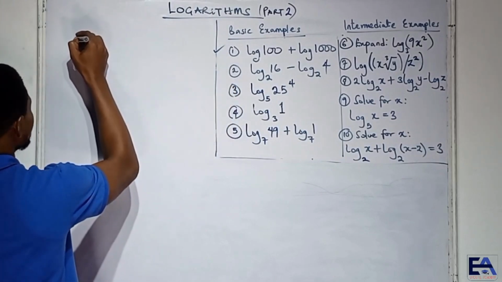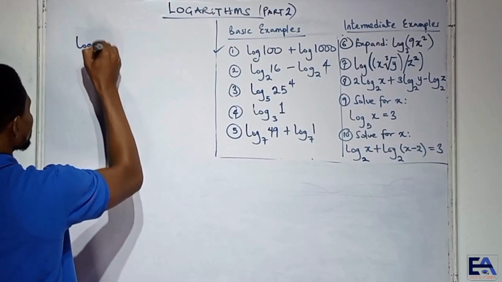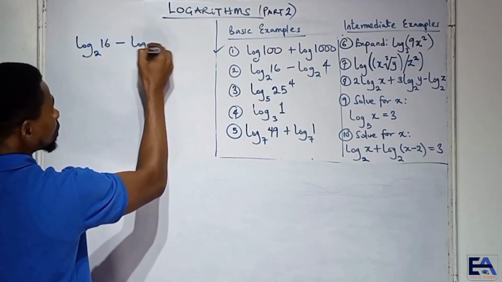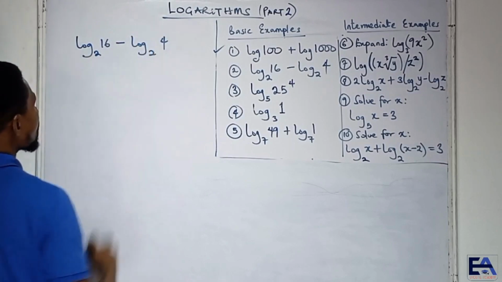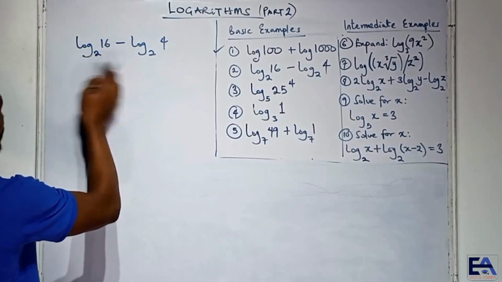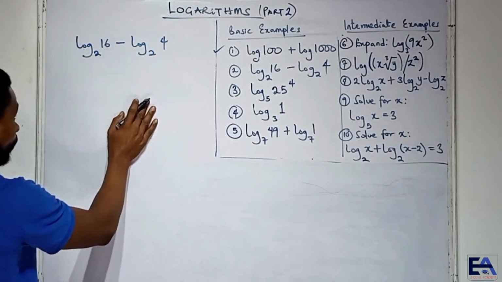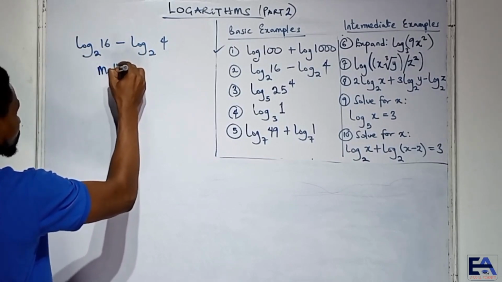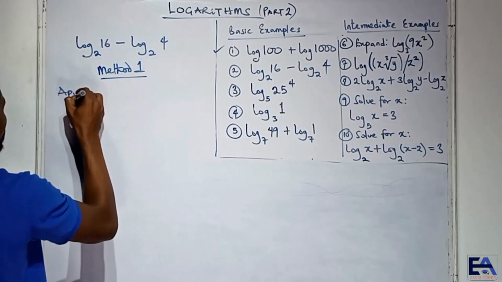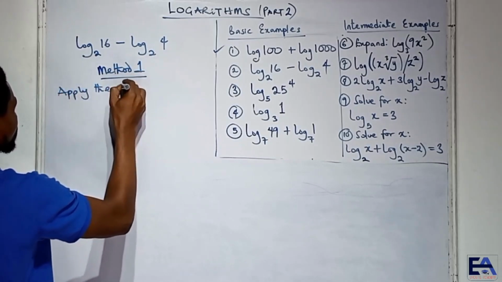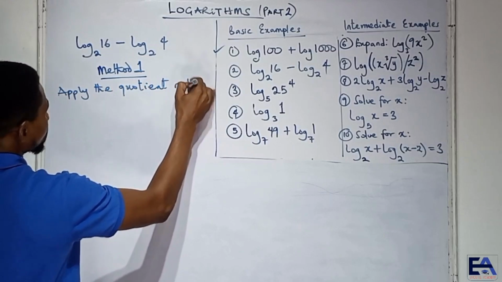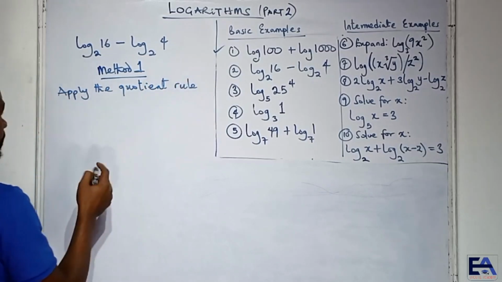The next one says log 2, 16 minus log 2, 4. And then log 2, 16, right? We could also apply that law. So let's do method 1. We apply the quotient rule. The quotient rule for this says that